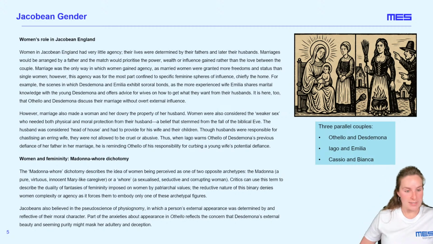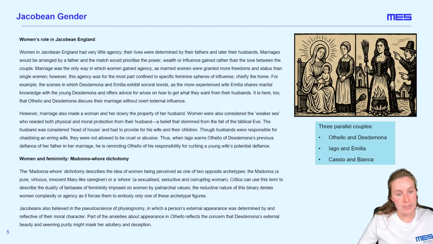And now if we look at the second paragraph, however, marriage also made a woman and her dowry the property of her husband. Women were considered the weaker sex, who needed both physical and moral protection from their husband, a belief that stemmed from the fall of the biblical Eve. The husband was considered head of house and had to provide for his wife and their children, though husbands were responsible for chastising an erring wife, which could